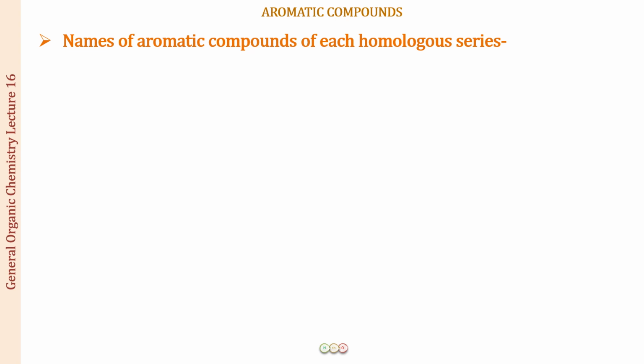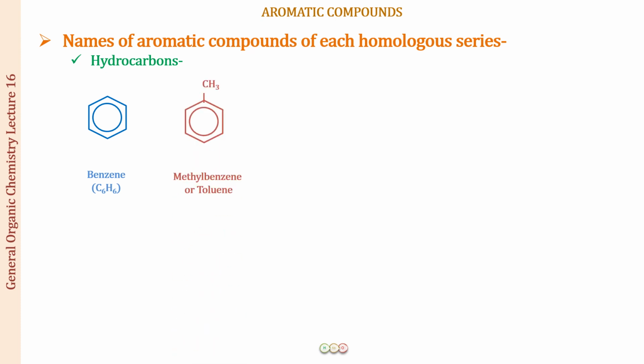So now let us learn the names of the aromatic compounds of each homologous series with the functional group that is going to be the same. And the first we have is the hydrocarbons, where they're going to be all carbons and hydrogens only. So the simplest is going to be benzene itself, all carbons and hydrogens, C6H6. The next we have is a derivative of the benzene, the mono-substituted derivative, where we have a CH3 group replacing one hydrogen atom. So the name of the compound according to the IUPAC nomenclature would be methyl benzene.